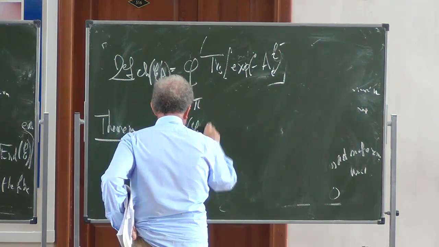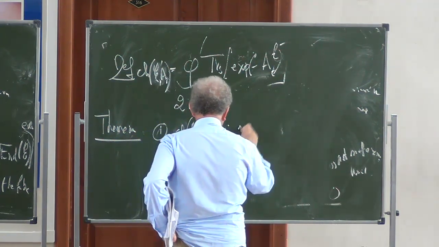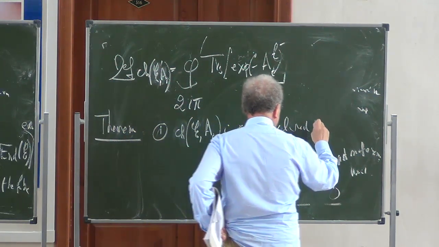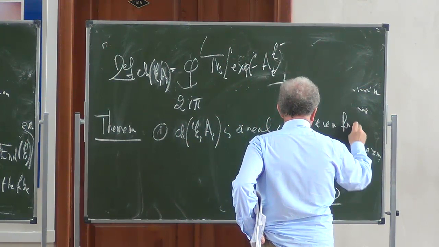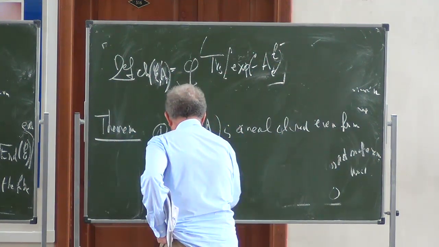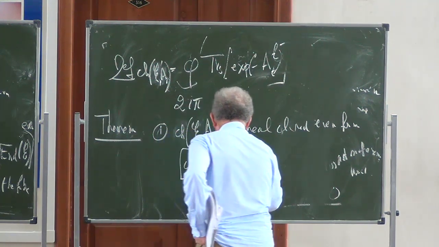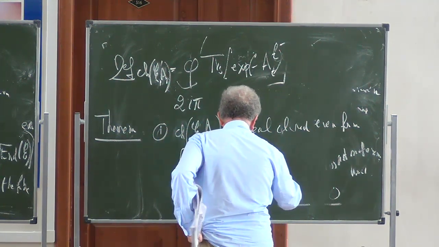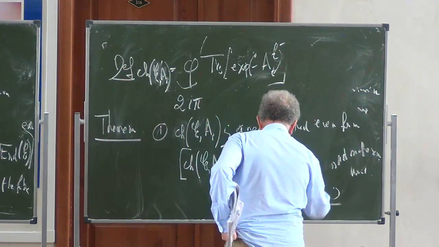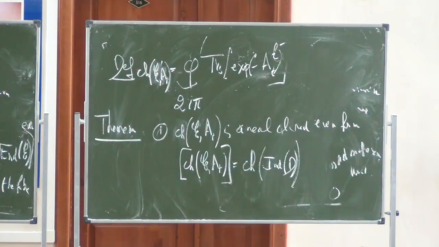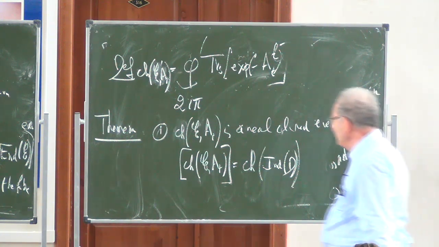CH of E and A_T is a real closed even form whose cohomology class is constant, does not depend on T, and is given by the Chern character of the index bundle. In other words, by the superconnection formalism we have produced differential forms which effectively represent the class that we want to represent. However,